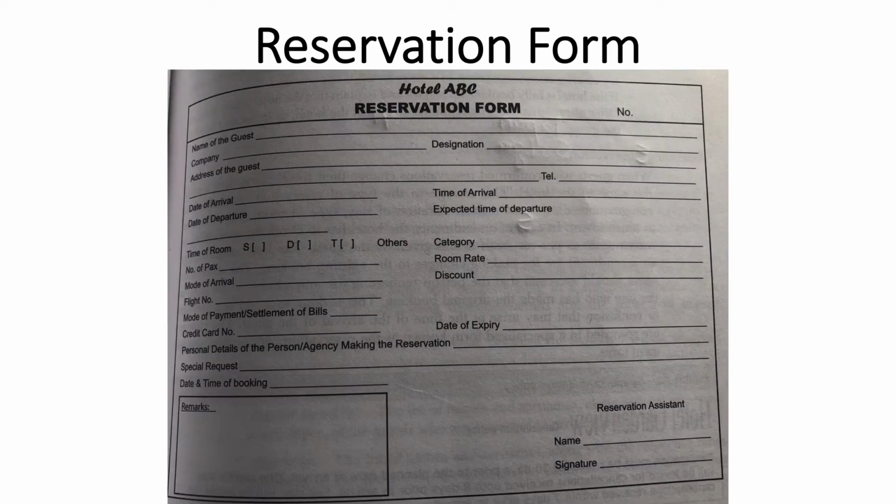The reservations department uses a manual reservation system using a specially designed form to record the reservation transactions. This helps prevent any ambiguity in the information generated during the reservation process. The reservation form contains information like the personal data of the guest, stay dates, mode and time of arrival and departure, number and types of rooms, mode of settlement, guaranteed details, special requests, etc.